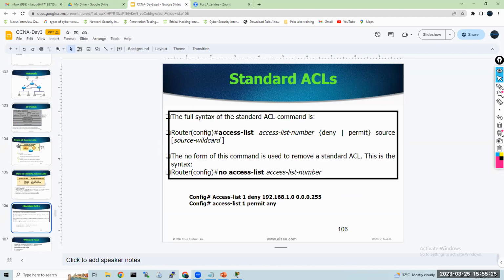So configuration, guys. We'll do the configuration now. Standard access list 1, permit, deny this network, and permit 1, access list this one. Like this we are able to configure, guys. Same thing if you check